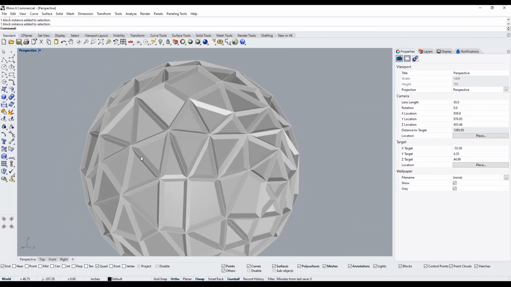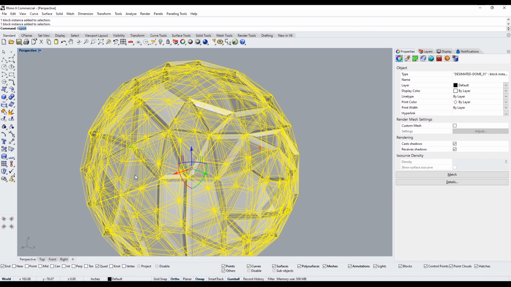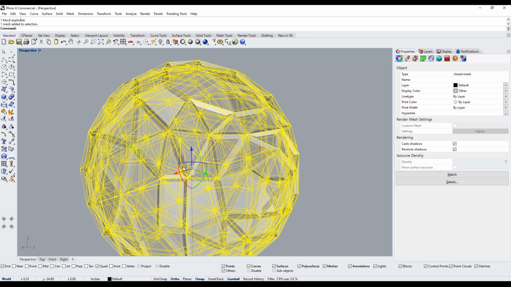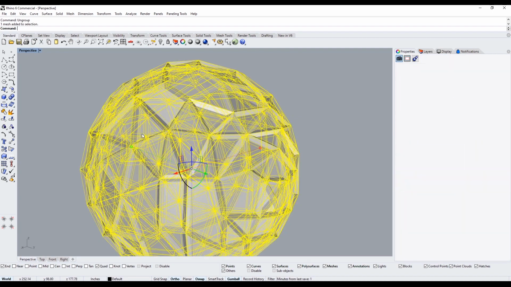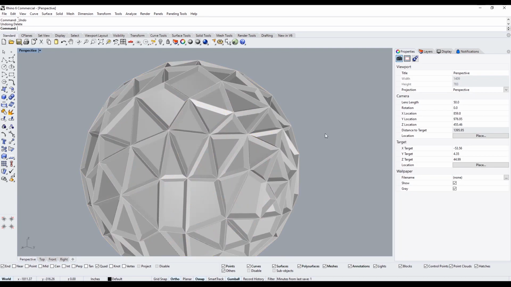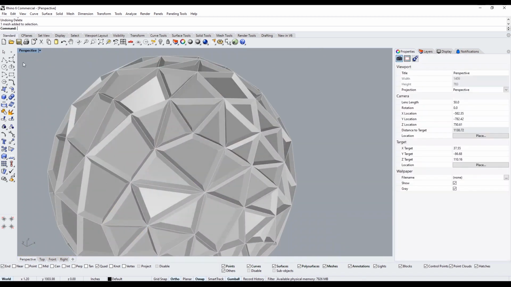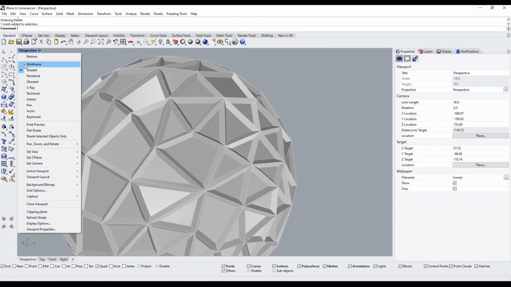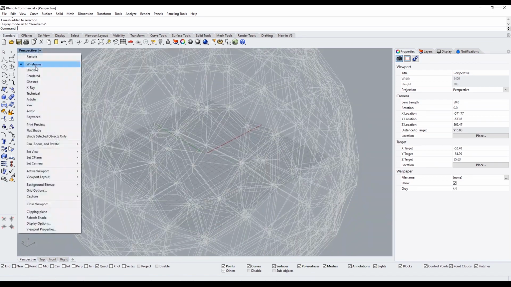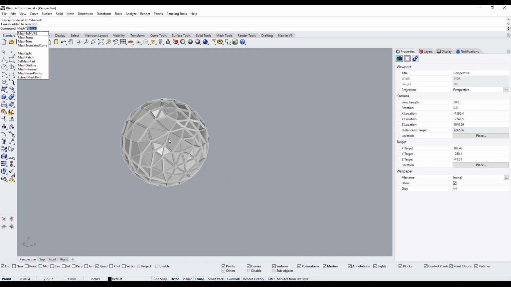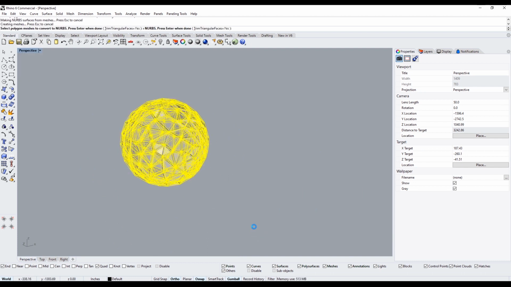So now we have basically this wireframe with this mesh inside. So what I'm going to do is do explode block. And now we have, let's see, and then we'll ungroup. And let's see what we have here in this mesh. So we have the wireframe, and what we want to do is basically turn it into a NURB. So we'll do mesh to NURB, and then we'll select it,